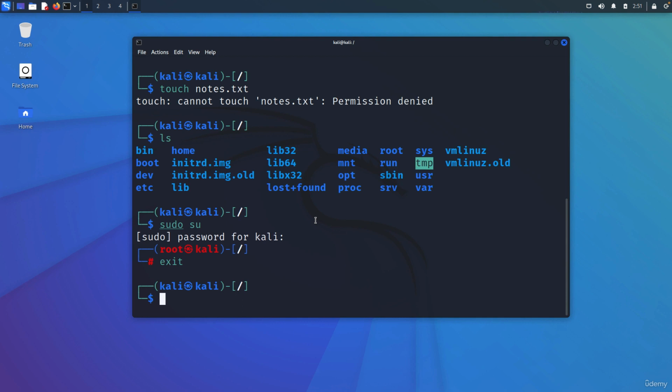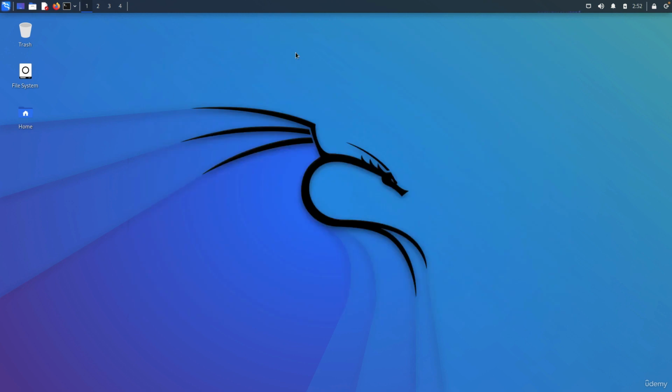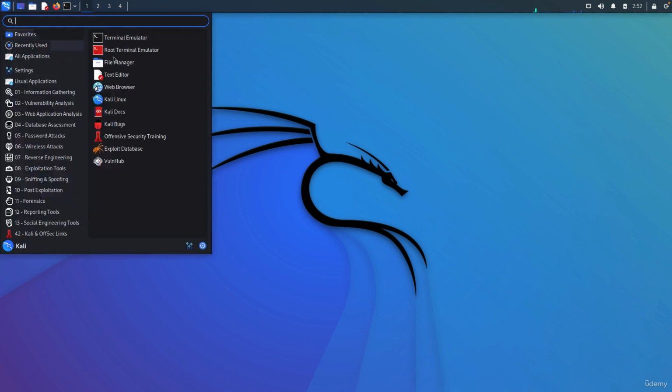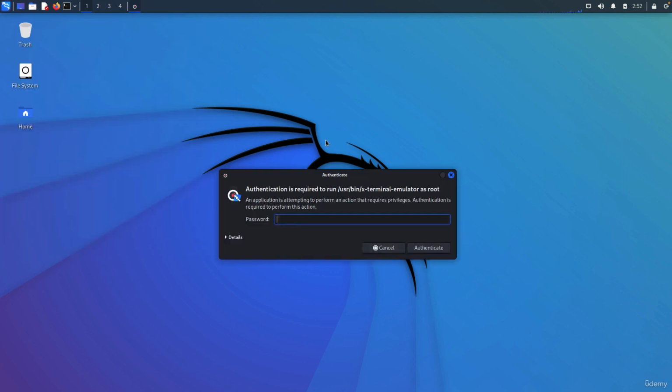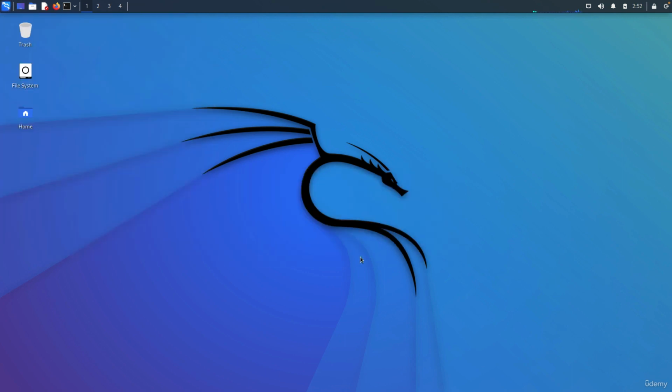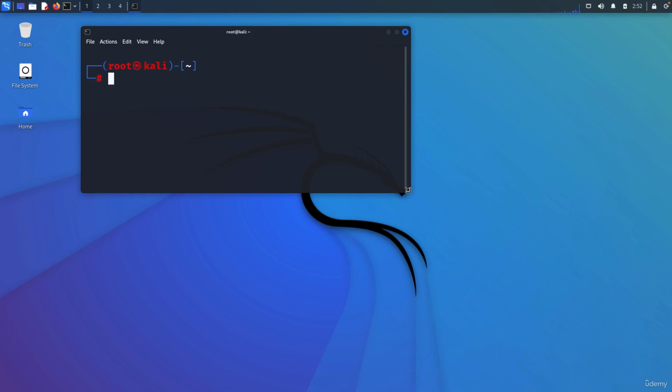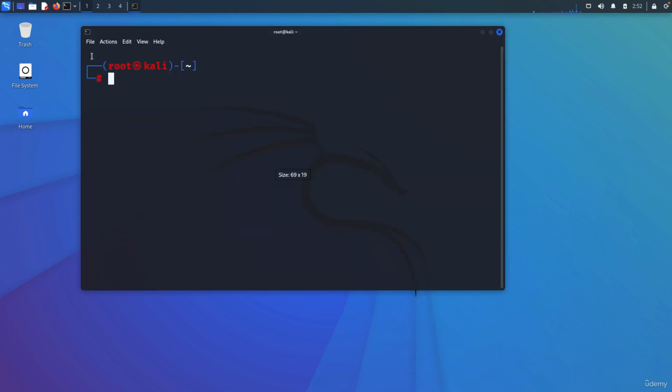So if you get a permission error using Linux at any time, not just for cybersecurity, it means that you're not privileged to do that kind of operation. It means that you have to become root and then execute that command. Now, if you understand that, it's great. Now, if you see me using root user throughout the course, make sure you open the root terminal or run sudo su and do the exact same steps with me.